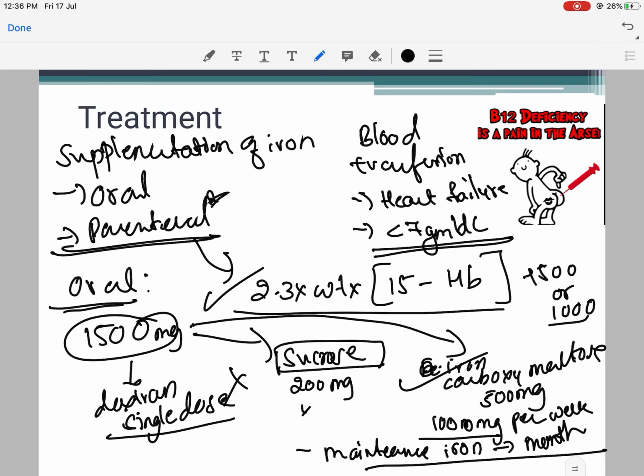So if the patient is refractory to iron, then you need to rule out even parenteral iron. Then you need to rule out some genetic causes of iron deficiency, such as iron resistant iron deficiency anemia due to mutation in the TMPRSS gene, etc. So you need to rule out those causes. So with this, the approach to iron deficiency anemia is complete.